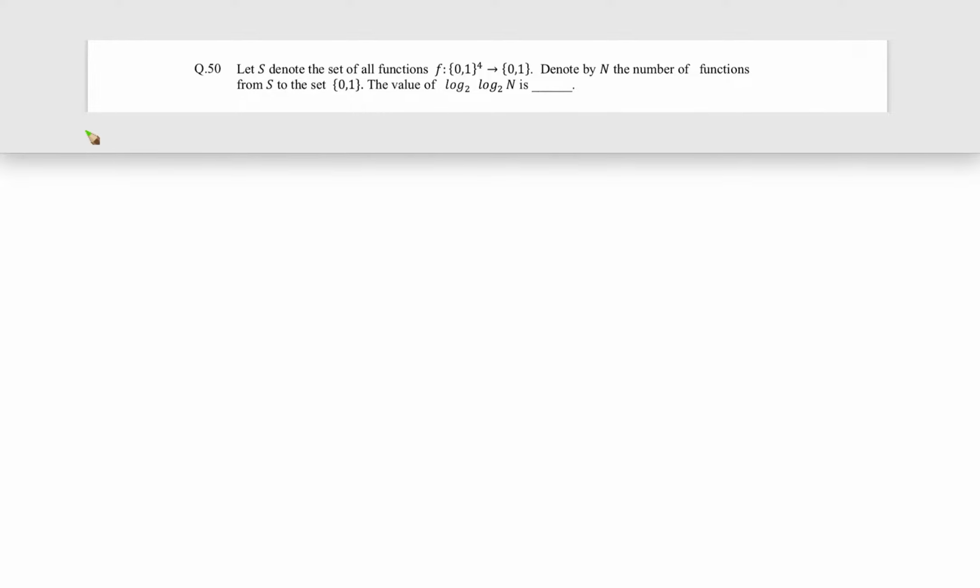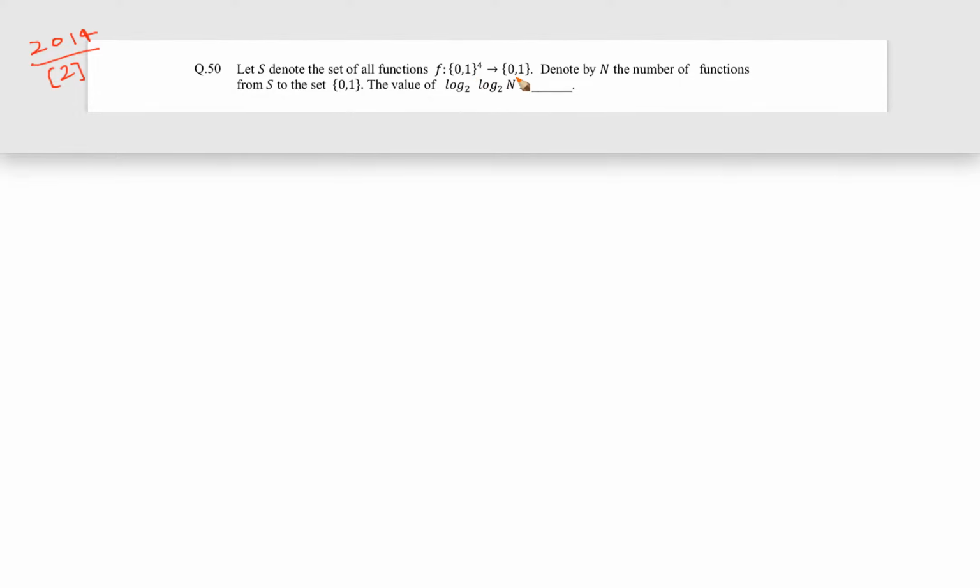Okay, now let's see this question. This question came in GATE 2014 for 2 marks. The question is, let S denote the set of all functions f from {0,1} raised to the power 4